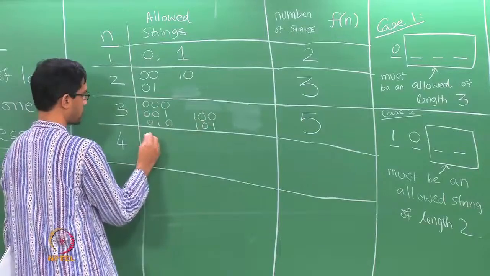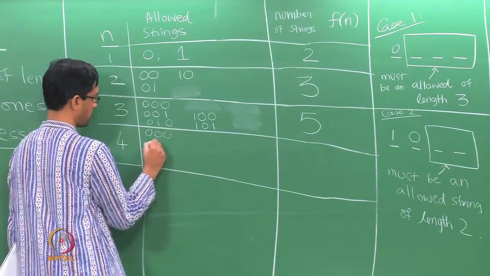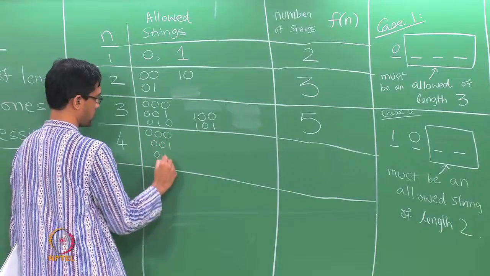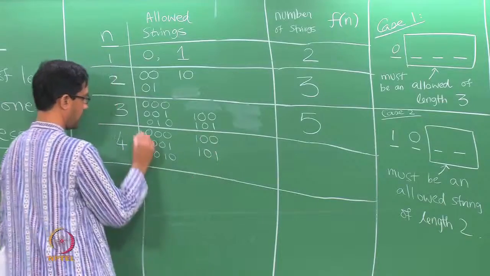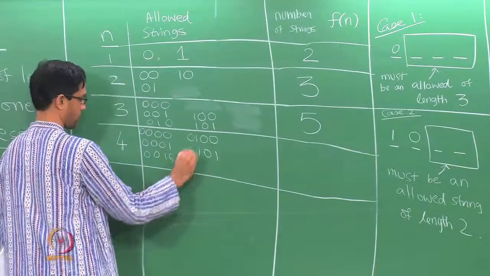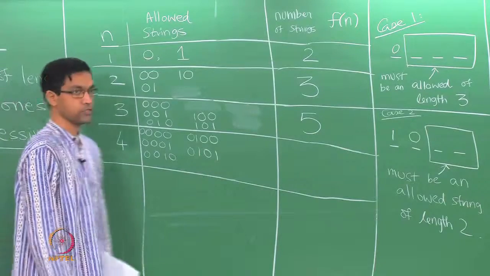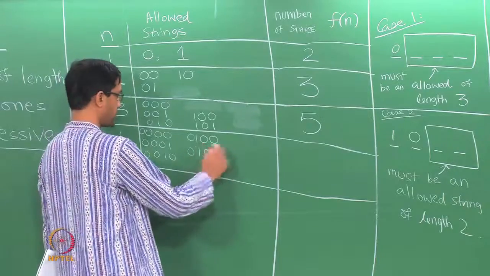Okay, so let's take all these and prefix each of them with a 0. So I have 0 0 0, 0 0 1, 0 1 0. So I'll first write the ones of length 3 and prefix each of them with a 0. Okay, so these are 5 strings of length 4 which begin with a 0, and in addition you also have